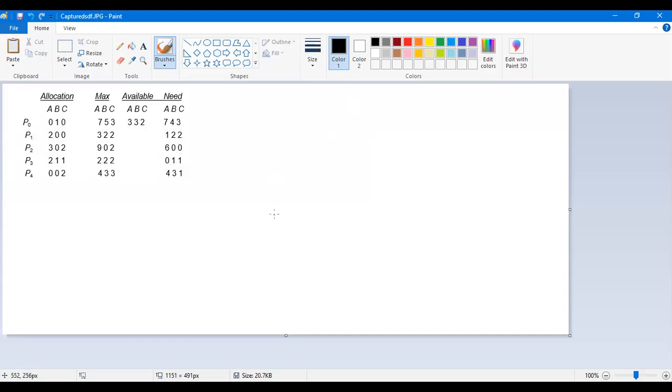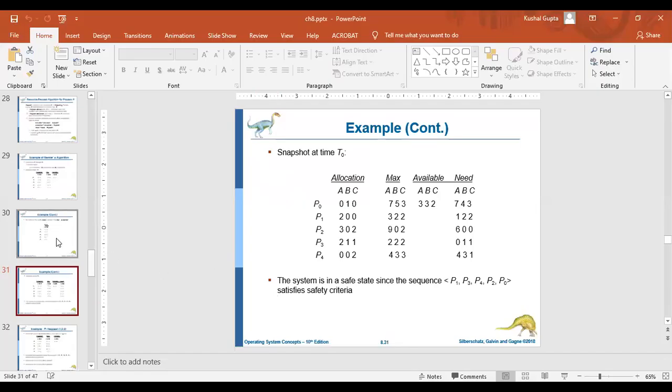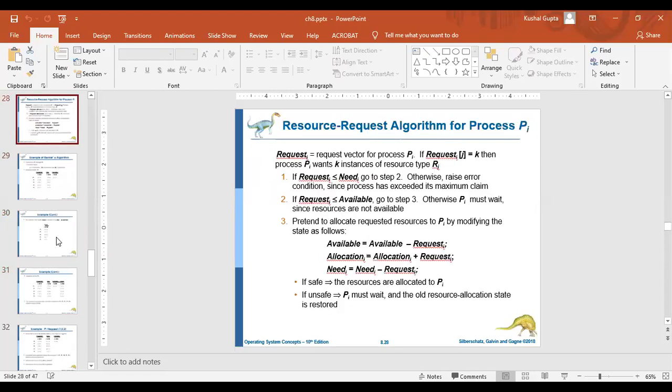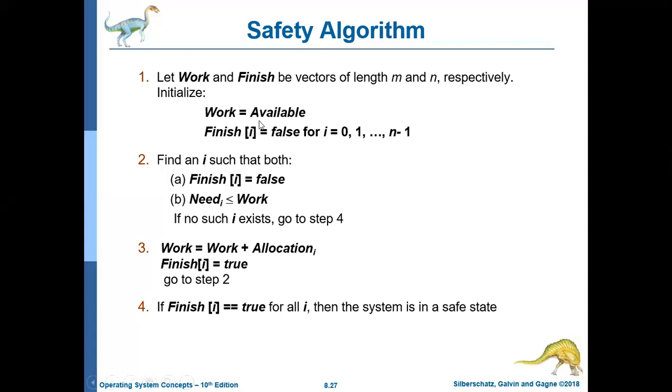Yes, sir. So this is the current situation. Now we need to check whether this condition is representing a safe state or an unsafe state. Now, how will you check? We need to follow the safety algorithm here.